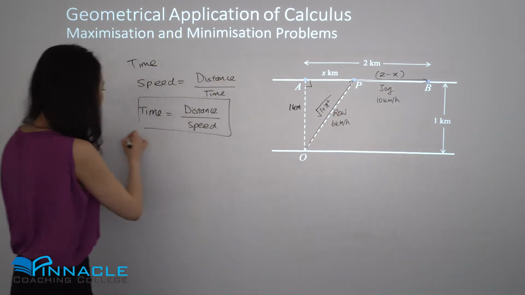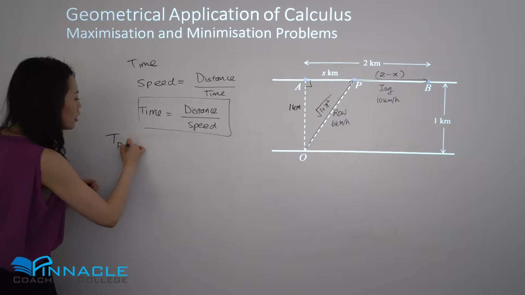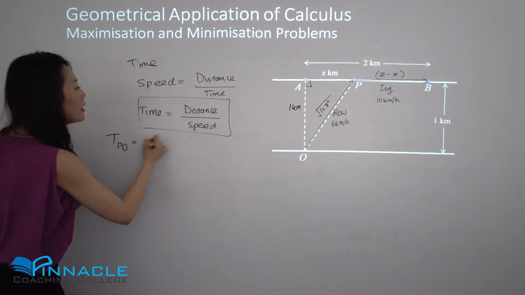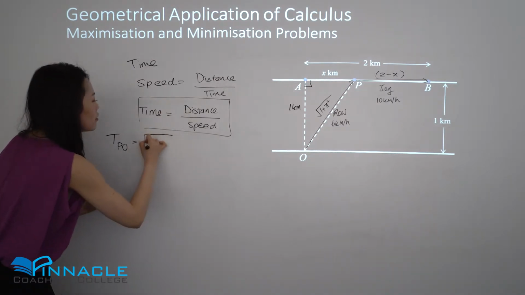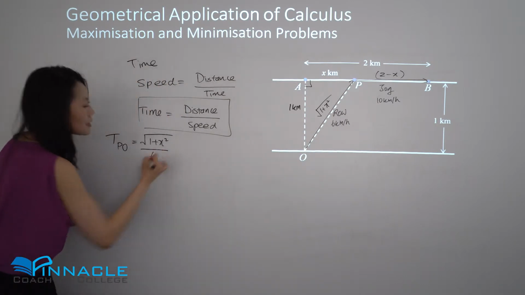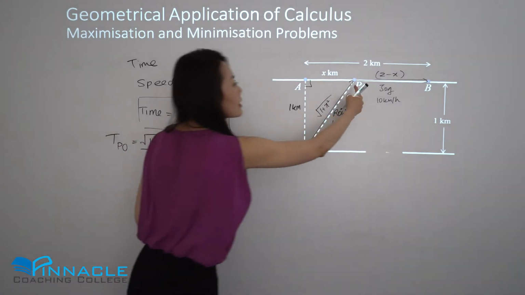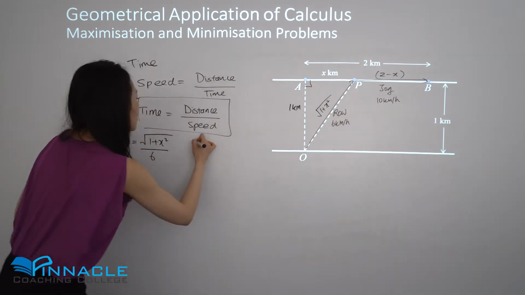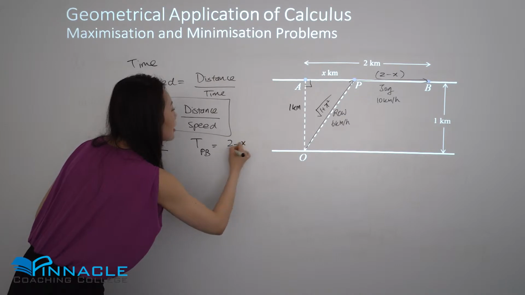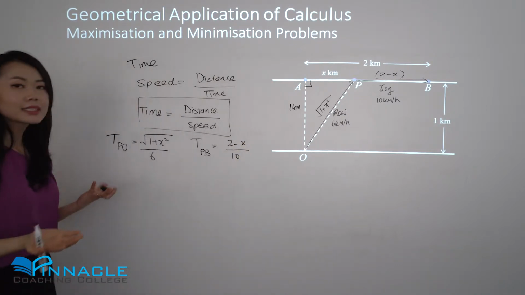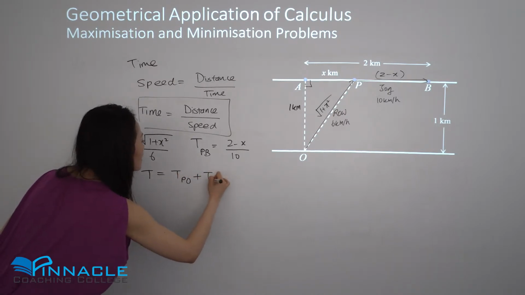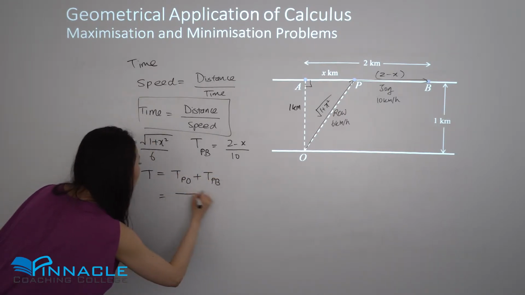Now that we've got the relationship, let's have a look at the time for each of the segments. The time it takes to do the rowing, to row from O to P, will be the distance, which is the square root of 1 plus x squared, on the speed it takes to row, so 6. On this section, the time it takes to do PB, to jog, will be the distance on the speed. And that's it. Therefore, the total time will be the two added together, which gives us